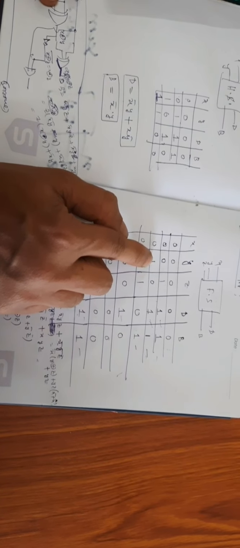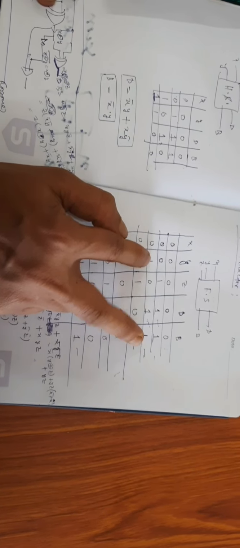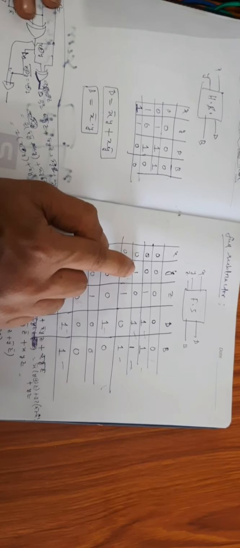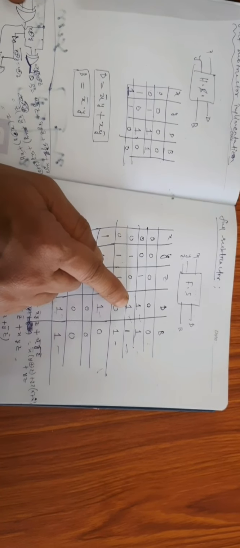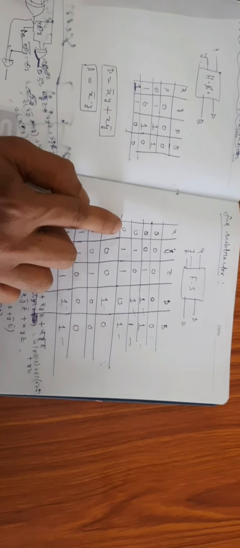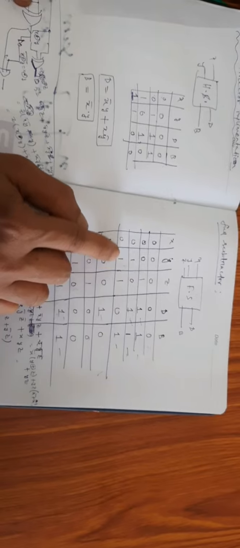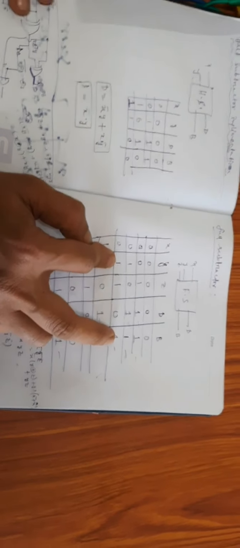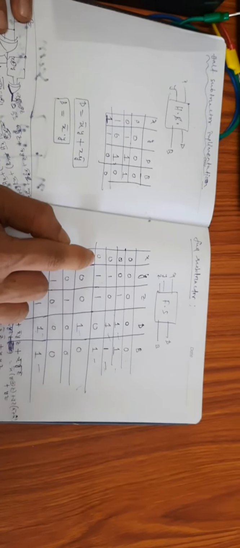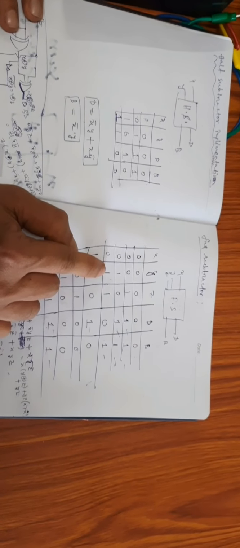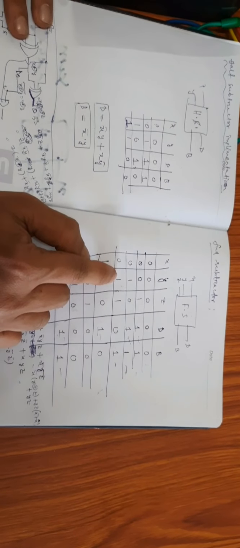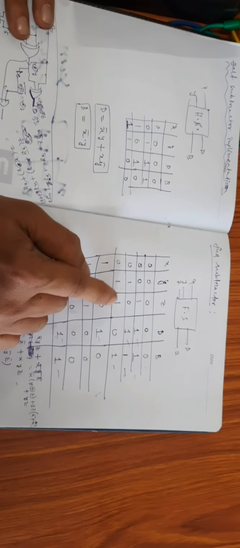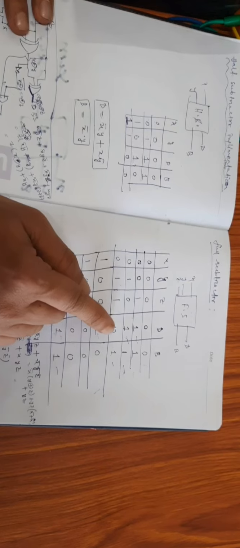0 minus 1, the difference is 1. What is the difference between 0 and 1? 1 is the difference. Then 1 minus 0 is 1, that's why the difference bit is 1. In the next case, 0 minus 1. Again you are performing 0 minus 1, that's why the borrow bit is 1. And now tell me, what is 0 minus 1? It means the difference between 0 and 1 is 1. And if you again find the difference between 1 and 1, there is no difference. That's why the difference is 0.